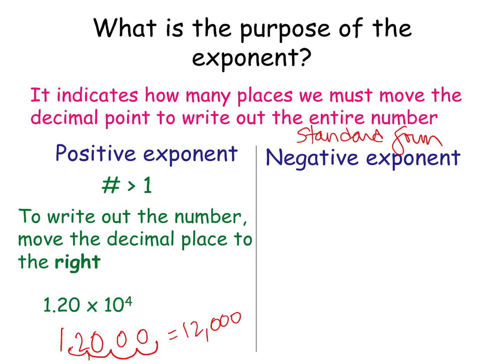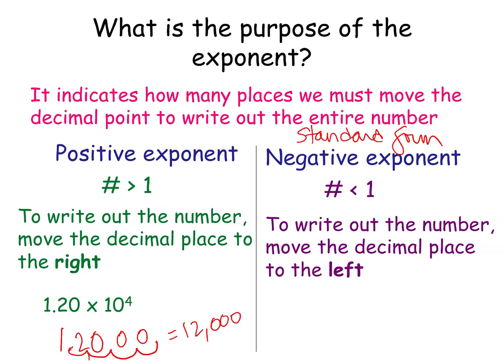For a negative exponent, you would have a number that is less than 1. And we're going to move our decimal place to the left this time to make it small. 1.40 times 10 to the negative third. So 1.40, this time we're going to move to the left. 1, 2, 3. Make that your new decimal place. Put zeros in there. So to make that nice and neat, it would be